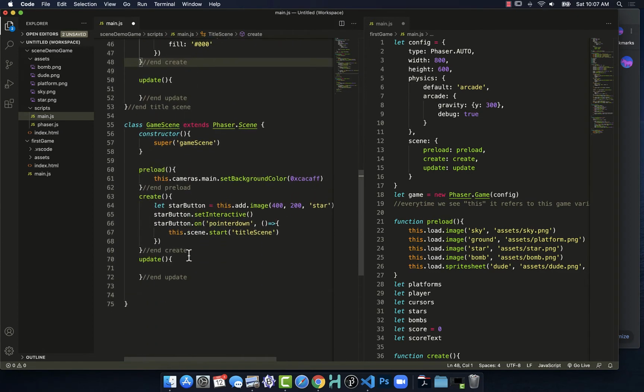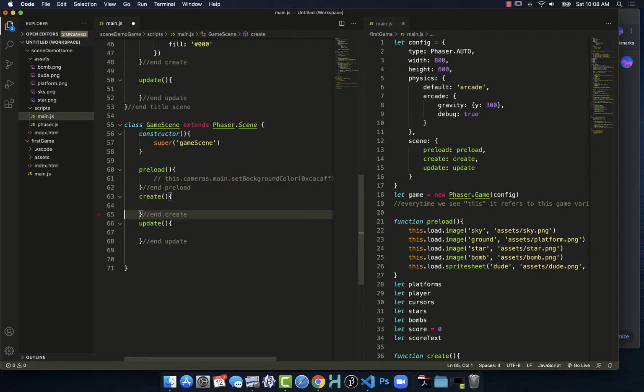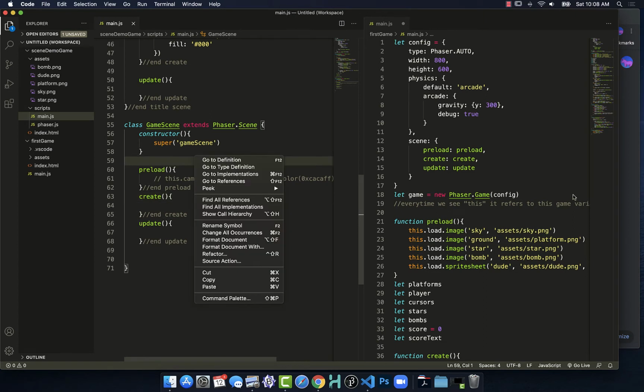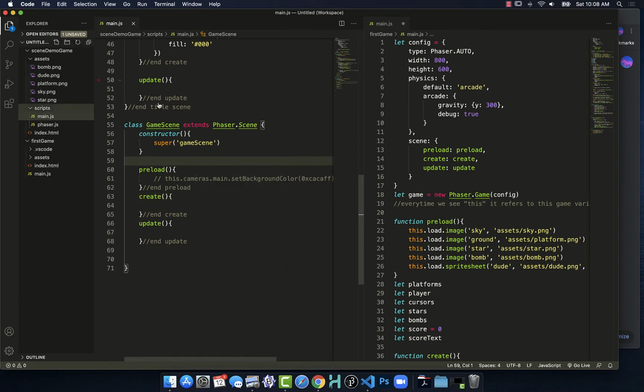In our game scene, we will leave the constructor there. The preload statement, I'm just going to comment that out. That would just set the background color. The rest of the content in create is going to be replaced by the information from the create over there. So what I want to do is save this, and then go into the index for that